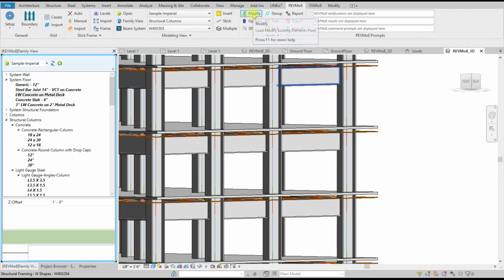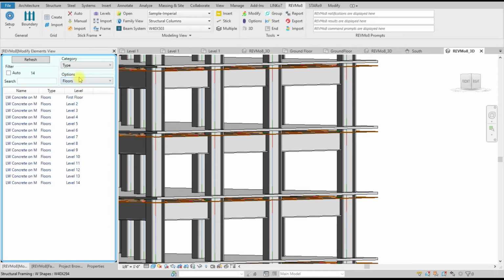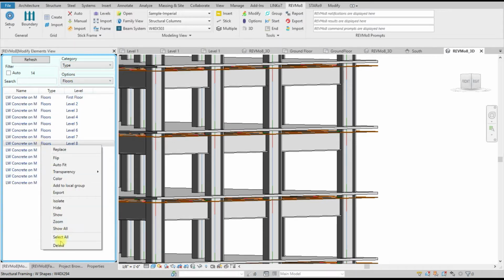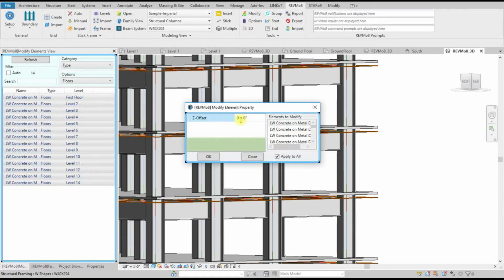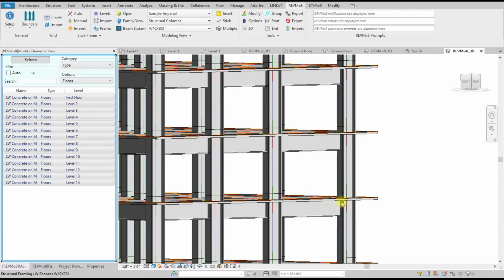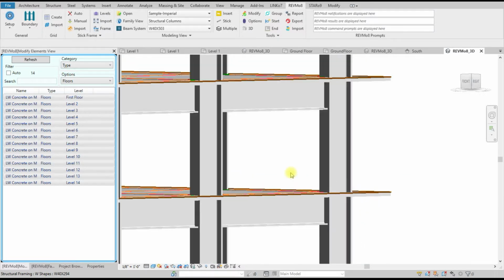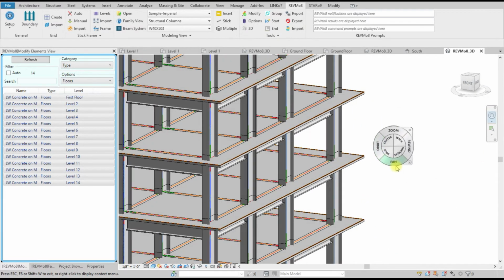You can also use this modify. So type floors, select all, modify Z offset. I want to go to -1, go down 1, and it will put it back to the way it was. So this is also a powerful tool, the modify. The difference between